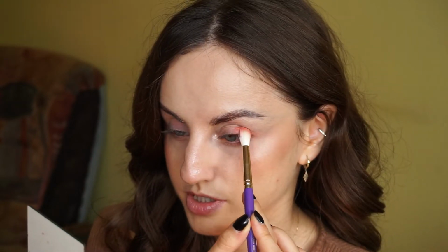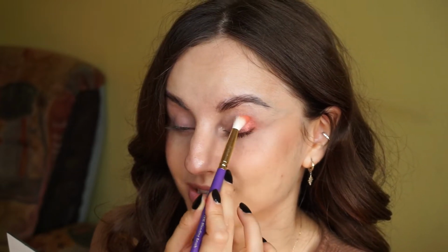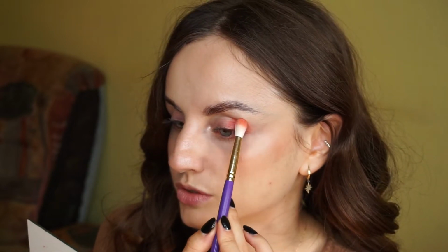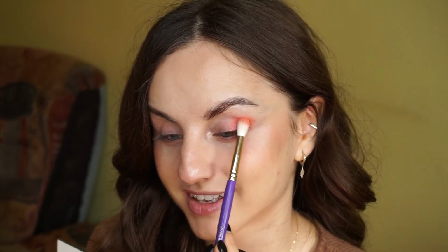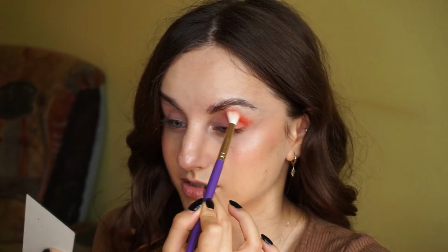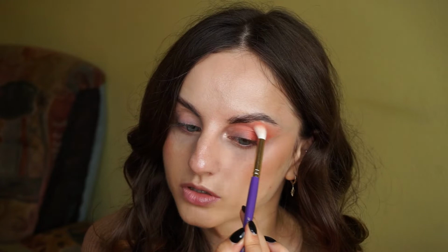Wow, this has a very strong sheen. I'm not used to applying shimmery shadows in my crease, but we're doing it today, and wow, it's so much more pigmented than I imagined, which is a great thing. I'm gonna start blending that, doing circular motions. I'm not going to apply it on the lower lash line,